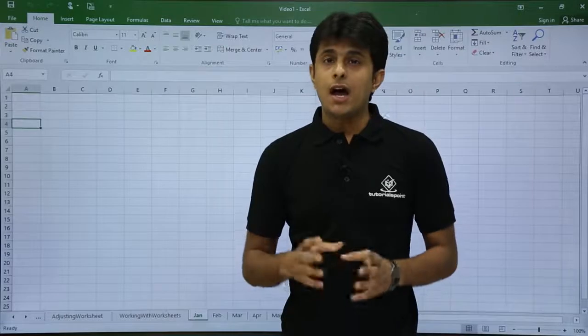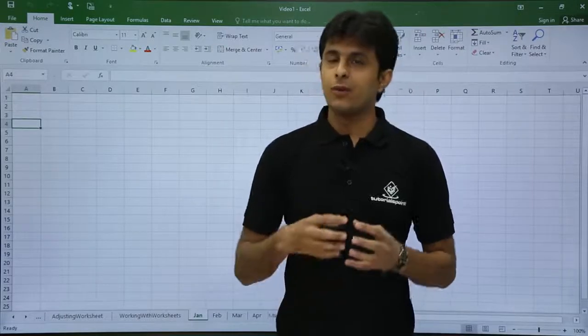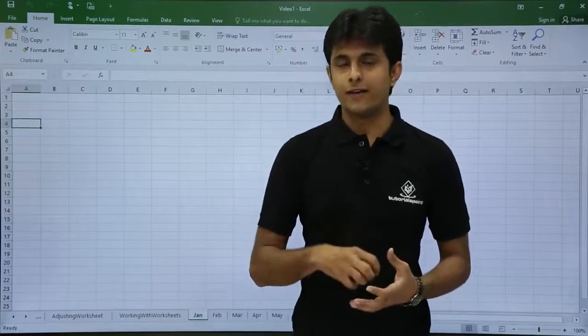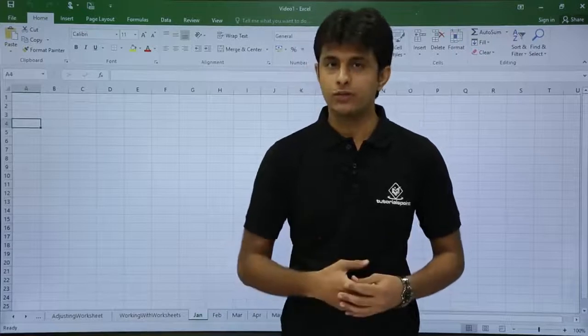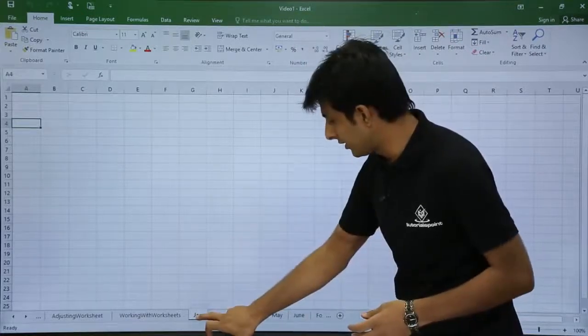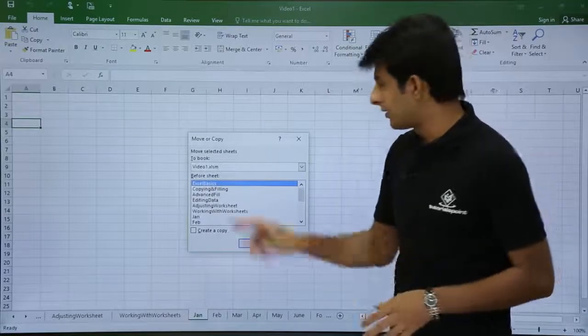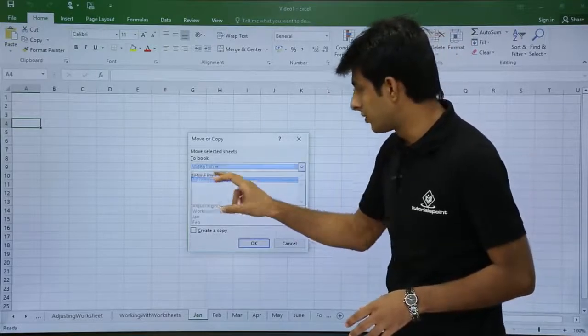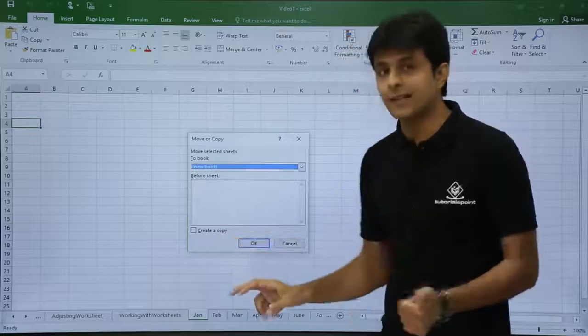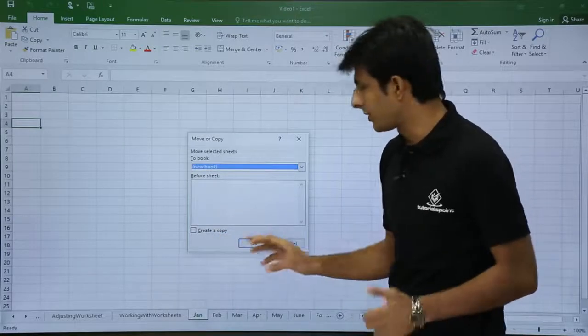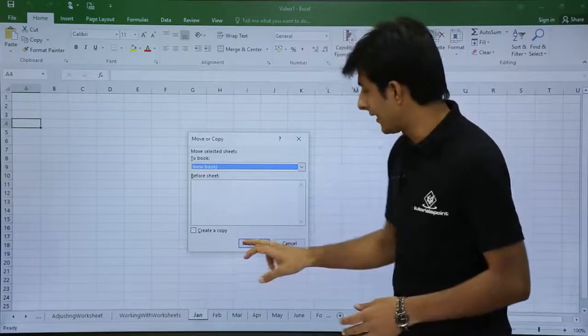Next, we have how do we cut paste. Suppose I want to cut this sheet from this file and I want to paste into a new file. How do I do that? I will just right click on the sheet and I will click on move and copy. Now, I want to cut it. So, I will go to the new book. I will not select this option, create a copy, because I want to cut this, and I will click on OK.